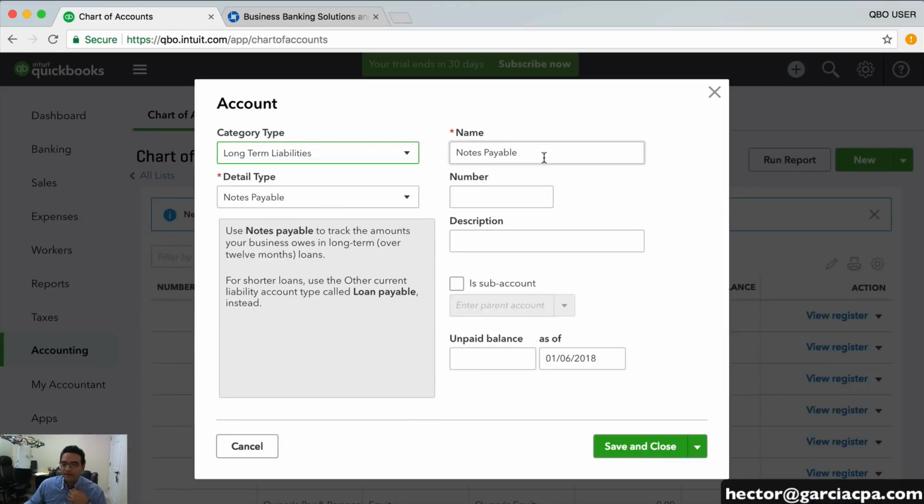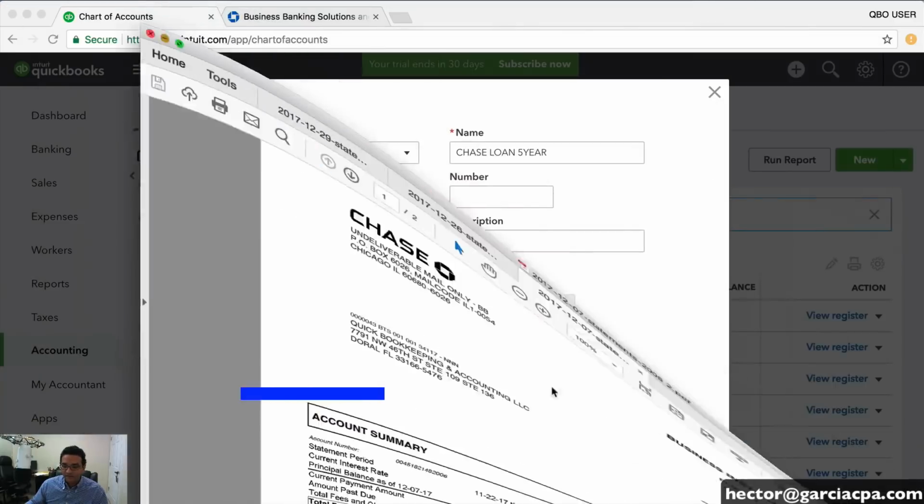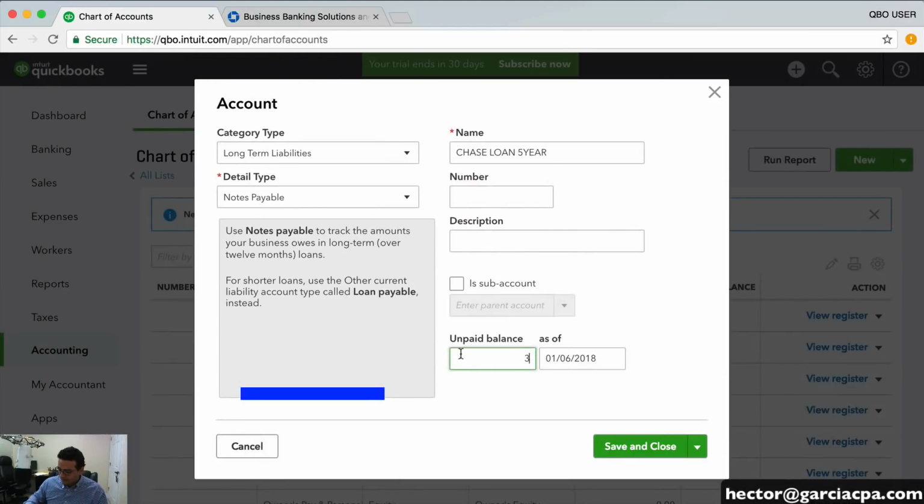So I'll pick long term, and then we'll call this one, let me see what we got here. Let's call it a note payable. That's right. We'll call this one Chase Loan 5-year. And then the unpaid balance for that loan, let's pull that up. Okay, and that's 32,752. So we're going to put that in there, and that was as of 12/7/2017. So 32,752, and that's as of